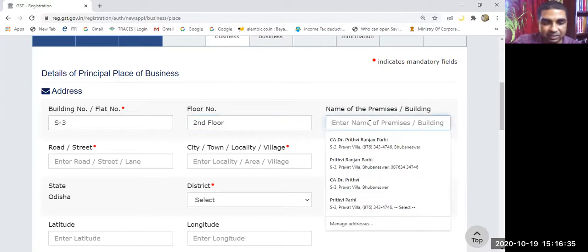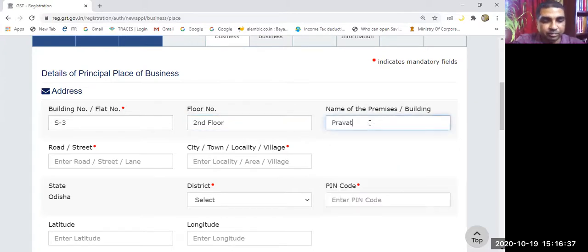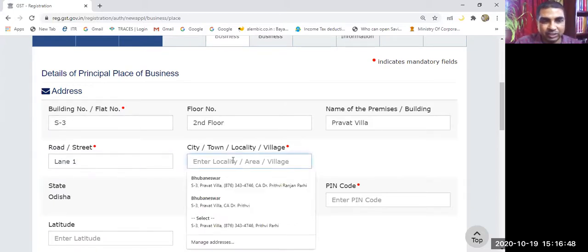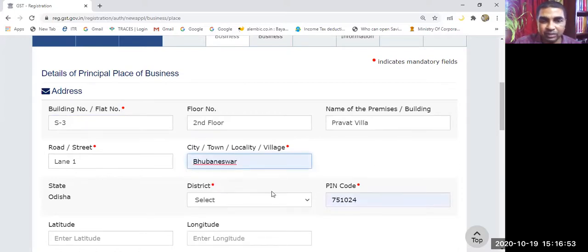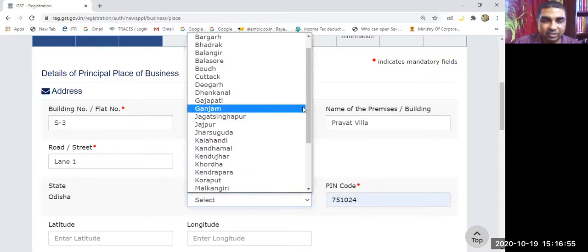Name of the premises, I am writing something. Prabhat Villa, I am writing. Road or street, I can write here. Lane 1. Now you see city, town, I can write Bhubaneswar. State, I can select.